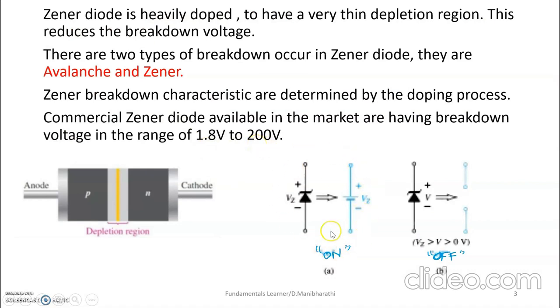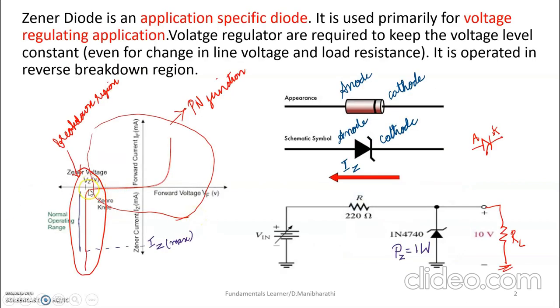And this is very important, right? When the Zener diode is acting in the reverse breakdown region, we can say it is in the on state. When it is in the on state, we know it is going to act as a voltage source. So we can replace the Zener diode with a battery symbol, that is your VZ. Now, when it is in the off state, if you look at the characteristic, in this region it is in the on state, right? So I can replace the Zener diode with VZ.